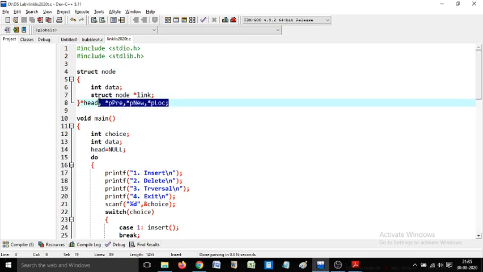After that, for the purpose of the implementation, I have declared all these pointers. Head pointer is the primary pointer which will hold the address of the first node. Whenever we want to traverse the list, we have to know the first address, and that is known with the help of the head pointer. After that, we will be using the pre pointer, the predecessor pointer, the new pointer, and the p location pointer. All these pointers are going to be used for the same purposes we saw in the algorithm.